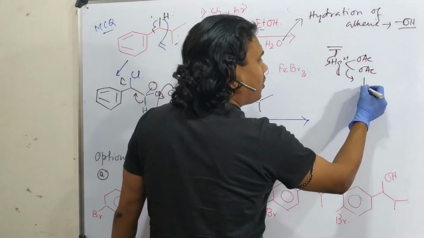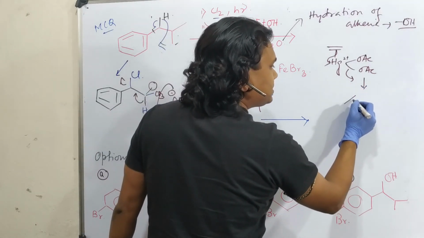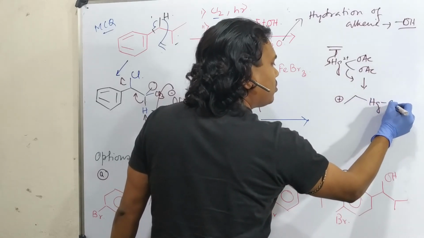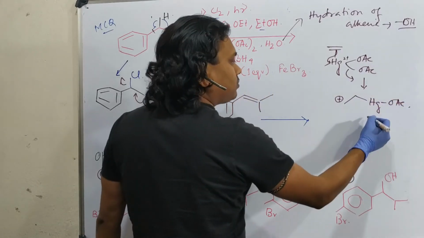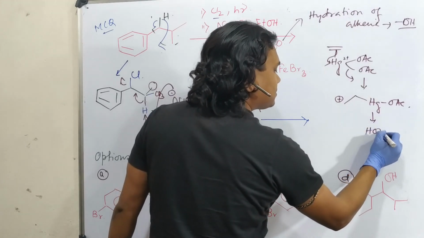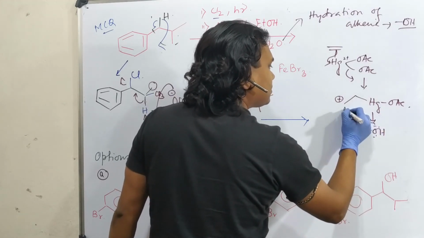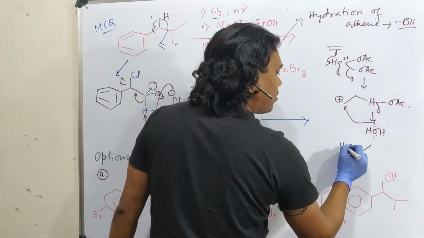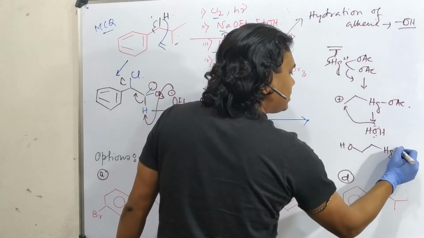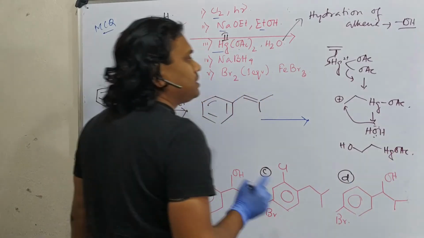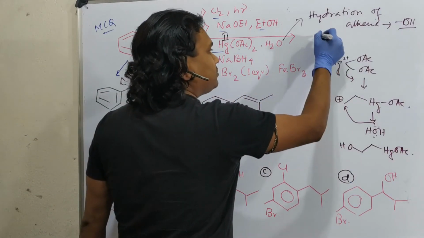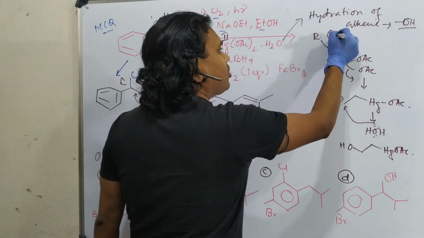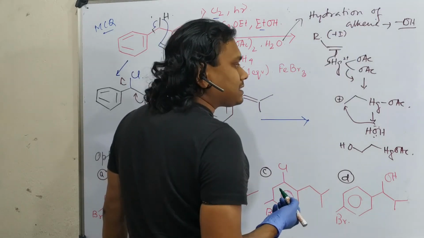After that, it forms a, means see, one is carbocation here, another is HgOAc. Then a water molecule attacks and results in this OH, HgOAc. Fine. Now question. Instead of that, if we put this R having some +I or +R effect, this R has. So what happened?